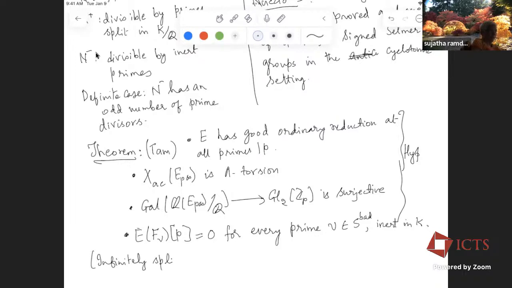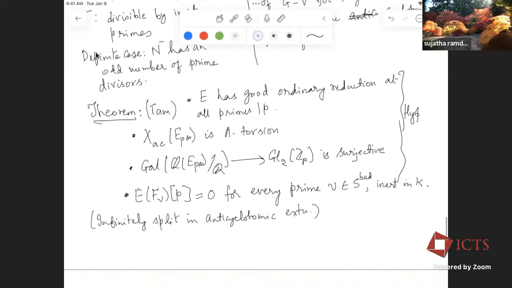So this being infinitely split gives a real twist in the anticyclotomic setting. So once you make this hypothesis,